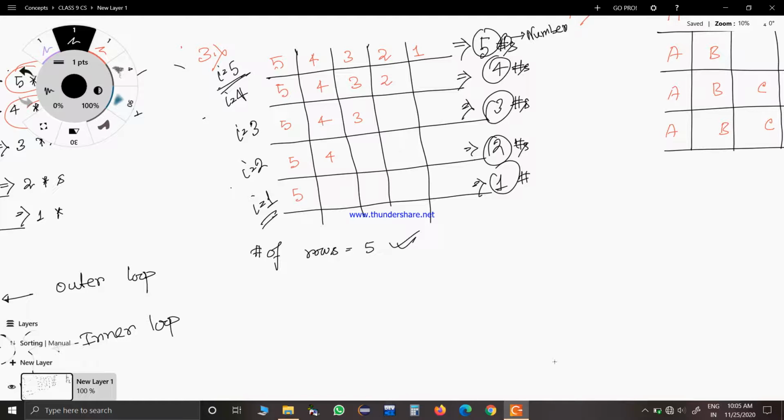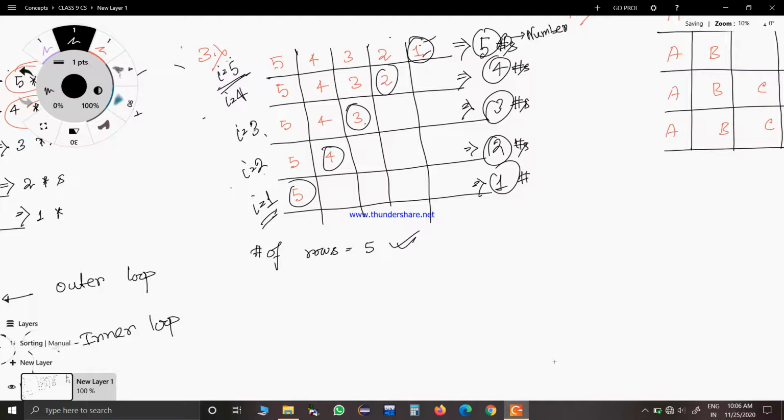But the second condition is that the value of i must also determine the ending number n. There must be a relation. For this row the n value is 1, for this row it is 2. But there is no direct relation between the value of i and n. For 3 there is a direct relation, but for 2 there is 4, and for 1 there is 5. So now try to see it another way.